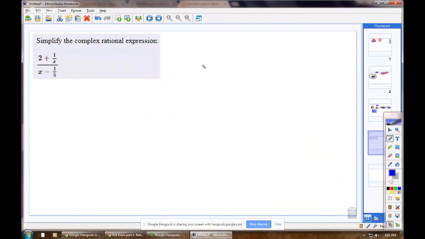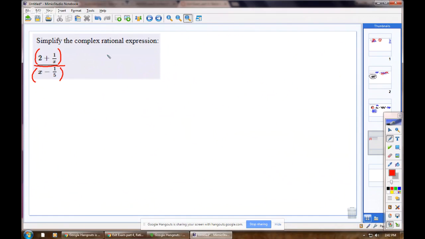So here I have to simplify a complex fraction. So I have an addition with a fraction, divide, and subtraction with a fraction. A couple of ways to deal with this. One is to just follow the order of operations. I'll show you both ways. And realize that before you can deal with this division right here, you have to carry out the addition and this subtraction down there. So in order to take 2 and add 1 over